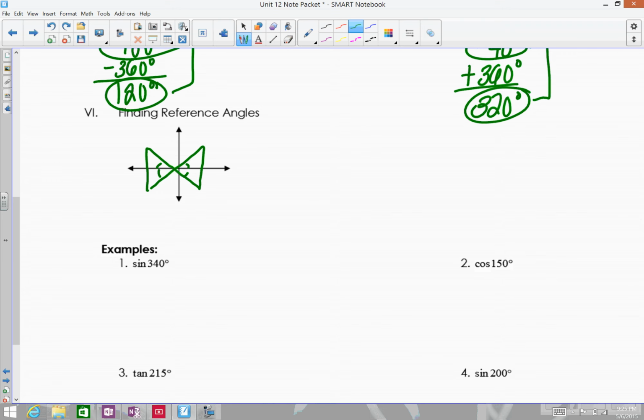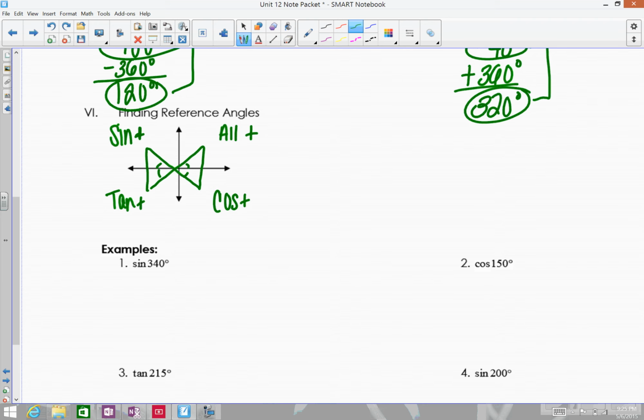And another important thing when we're looking at these reference angles is what's positive in each of these quadrants. So we have quadrant 1, 2, 3, and 4. In the first quadrant, all of the trig functions are positive, meaning sine, cosine, and tangent, because these are our acute angles. In the second quadrant, the only thing that's going to be positive is sine. In the third, tan is going to be positive. And then in the fourth,